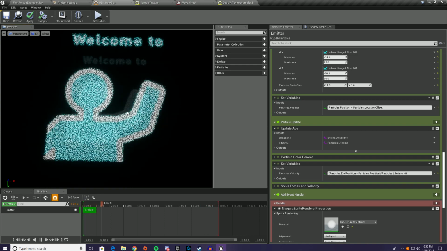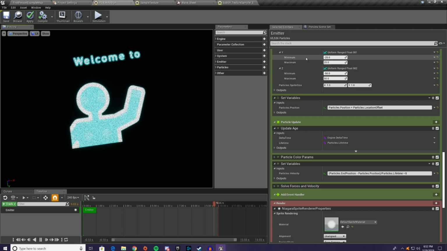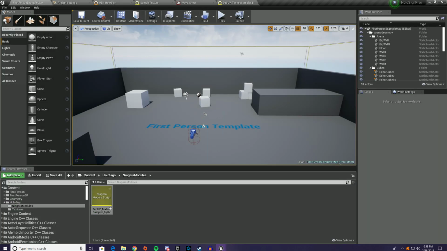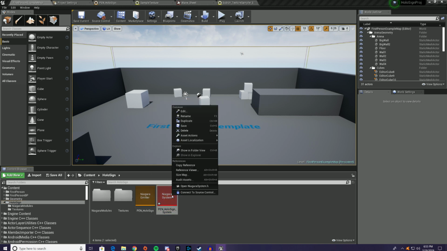So now we've got this neat little, pretty cheap, pretty simple to do effect. You'll notice we still got 65,000 particles here, which is a lot. They're GPU particles, so it's not so bad. They're pretty simple, but we can do a few things here to make this a lot more efficient than having all these particles. And the first thing I already mentioned, if I create a particle system and drag this out in the world,